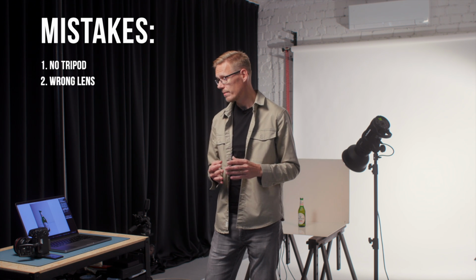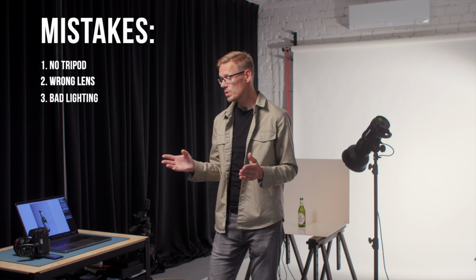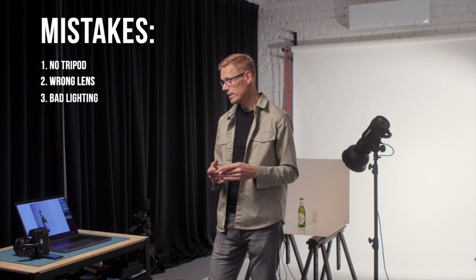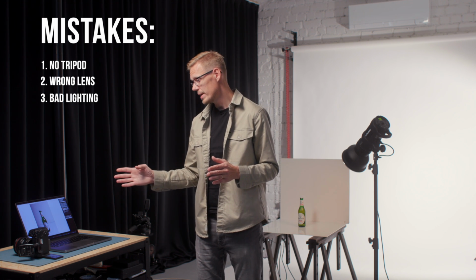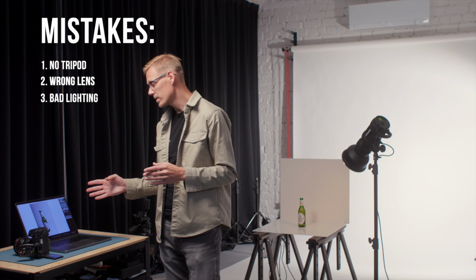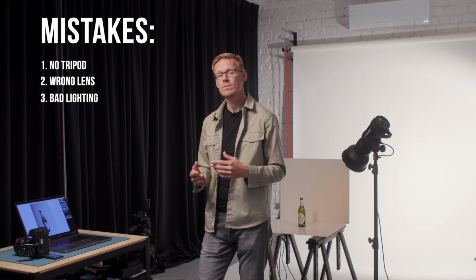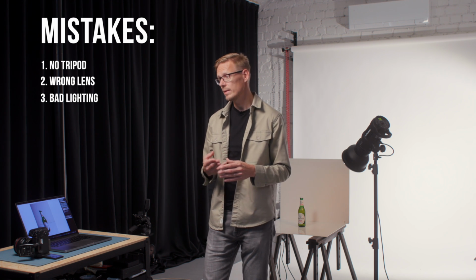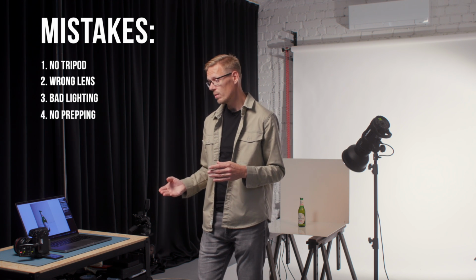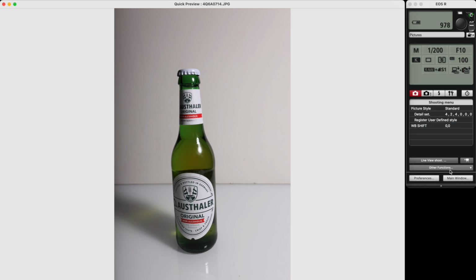And then we have third mistake, the lighting. There's only one light, which is coming without any softboxes, any reflectors, any additional diffusers. This is creating really ugly reflections on the product, and the light is not enough to illuminate the inside of the bottle. And in addition, we didn't remove the label,